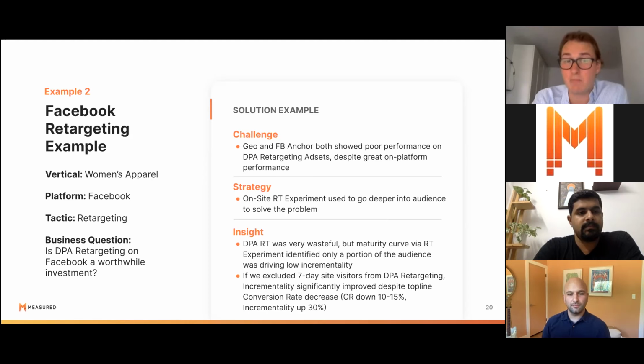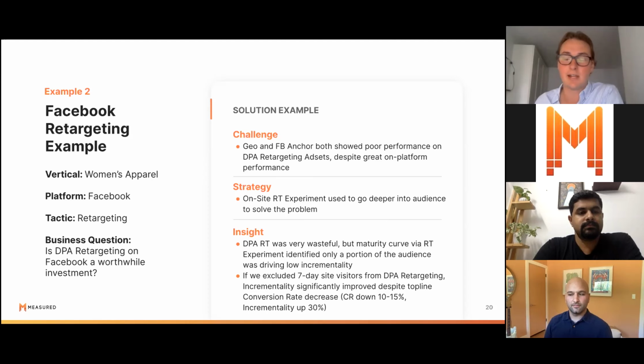This is why it's really important to have multiple tests running and have different techniques of looking at stuff. The on-site retargeting experiment, which you see us reference here, is an experiment where we use the tags on your site to withhold retargeting advertising from a certain portion of the audience that hits the site. Essentially, we can make a control group. So of 100 people that hit your site, we're going to take 10 people and withhold them from receiving any DPA retargeting whatsoever. We can measure those people's conversion behavior versus all the regular people's conversion behavior. We can essentially get to incrementality, and we can also see that over time and in terms of recency from when they hit the site.